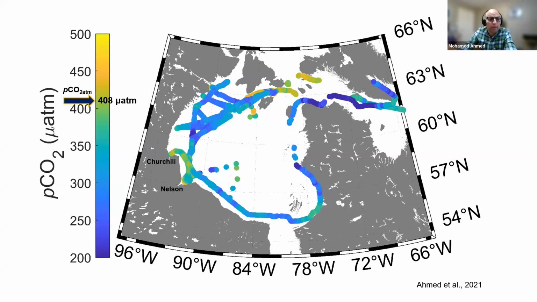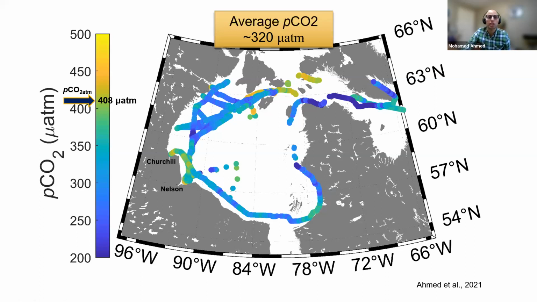Overall, you can see the atmospheric pCO2 was around 408 microatmospheres when we visited the bay. Anything below this on the color bar is undersaturated, and above it is oversaturated. So you can get a sense that overall the bay was undersaturated, and the average pCO2 was around 320 microatmospheres. But we found special variability in the bay in different regions,